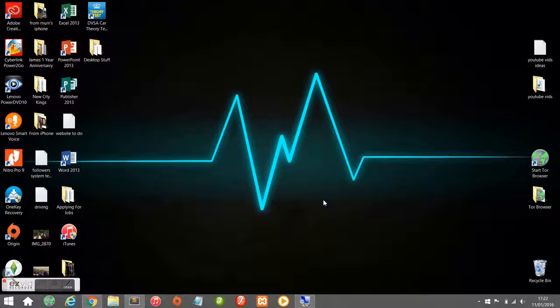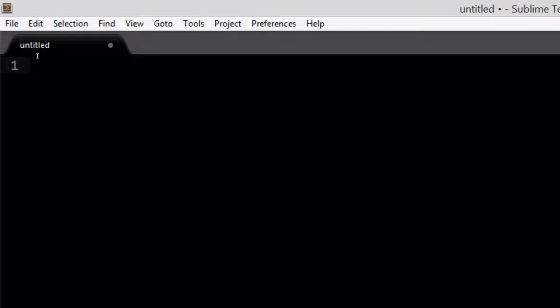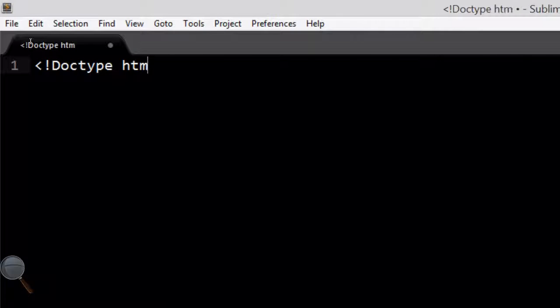So then, first of all, you're going to need to open your preferred text editor. I'm using Sublime Text 2 today, as I no longer have Adobe Dreamweaver. Okay, and then you're going to need to create a new text file. So we're going to start off by typing out the bare bones of a HTML document. Okay, so we're going to start off with doctype HTML,